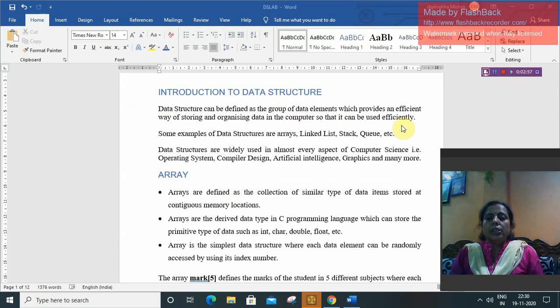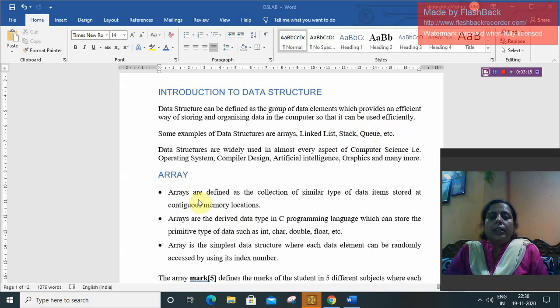Data structure means a method of organizing data in a proper way so that we can use it efficiently. Some examples of data structures are array, linked list, stack, queue, etc.